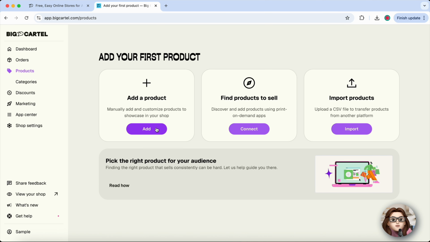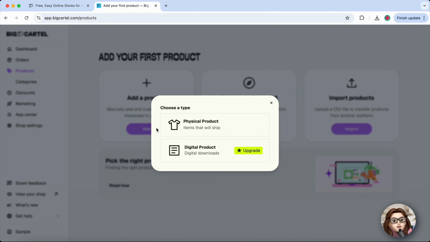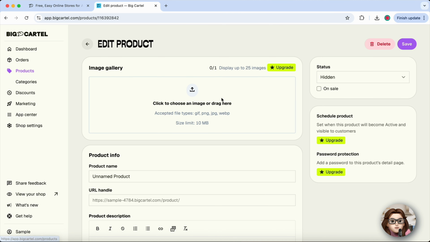Now enter the important details: your product name, price, and a clear, appealing description. Make sure your images are high quality since visuals play a huge role in attracting buyers. You will also want to decide whether the product is visible to customers right away or kept private while you